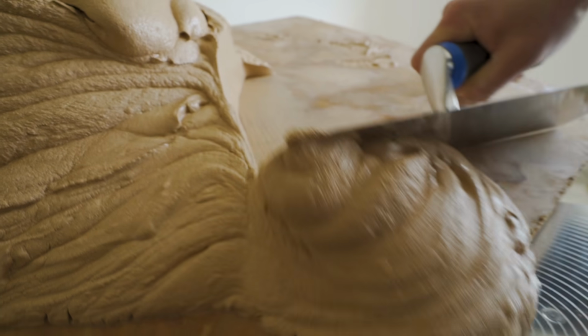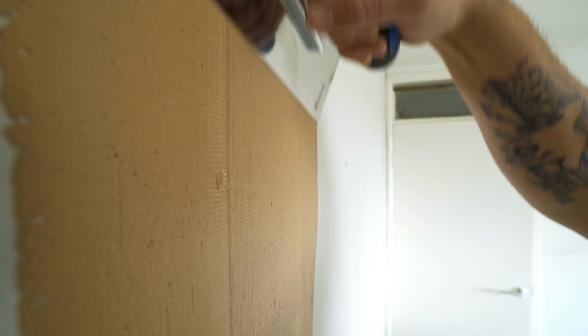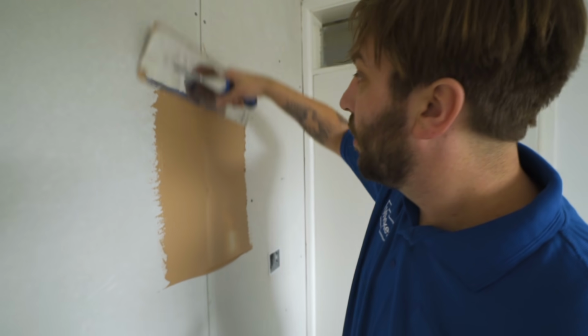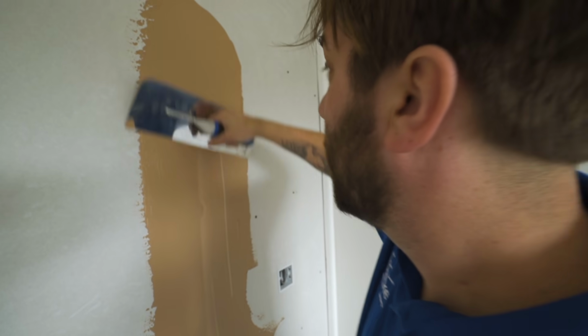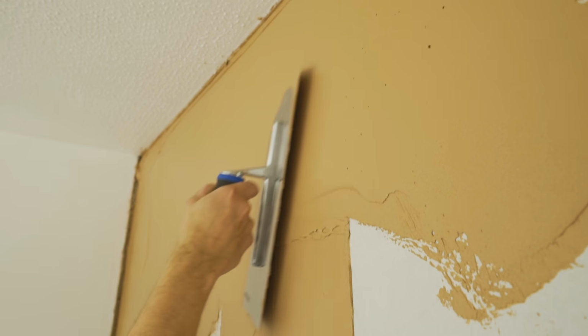Using a plastering trowel, cut away a section of mixed plaster and transfer it to the plastering hawk. It's best to only use a small amount to start with if you're not used to handling it. If you're working with plasterboard, start by adding a thin coat over any joints. Then, push a section of the plaster up and onto the wall surface using a plastering trowel and spread from